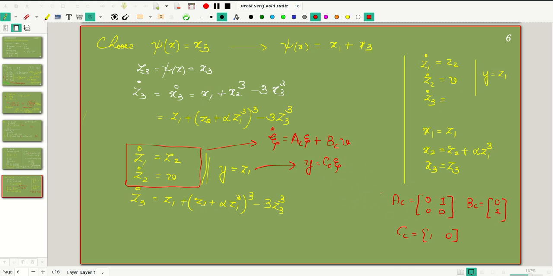So what is zeta here? Zeta is equal to [Z1, Z2]. Okay, so we have this form here, and the last term we can write in terms of eta, in the normal representation. So eta dot is a function of zeta as well as eta. Eta is nothing but the Z3 term. So it has both eta terms and zeta terms here. So we have the internal dynamics as this. This is the internal dynamics of the system.